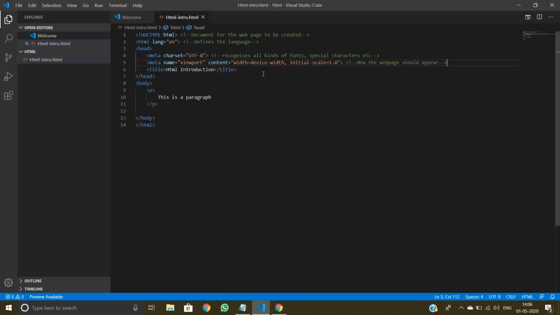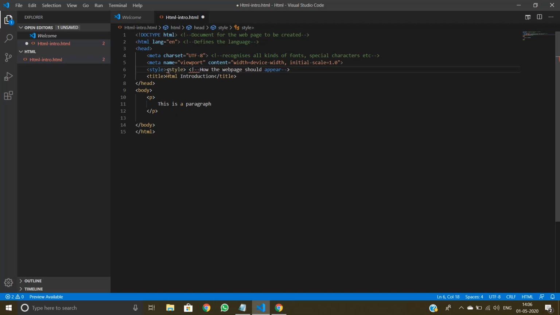So we can style this by using CSS, and that we'll have to enclose it in the head using the style tag. It's very important to open and close the tags properly in order for the code to not get collapsed. So never forget to put the appropriate opening and closing tags.